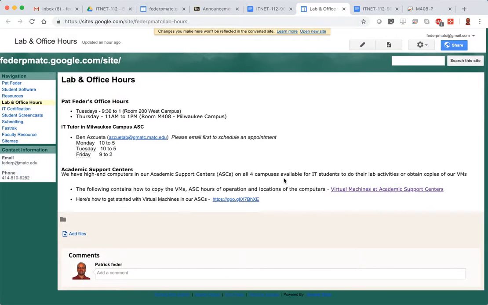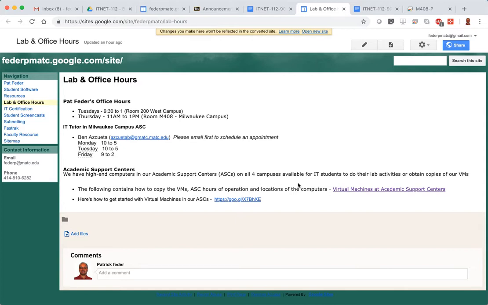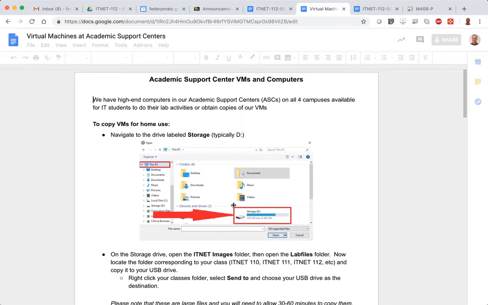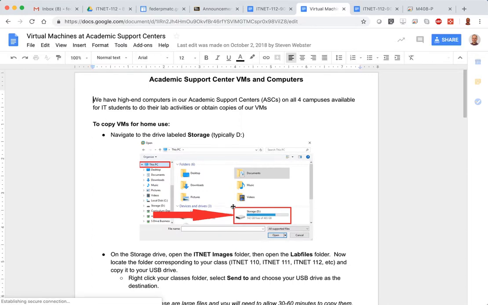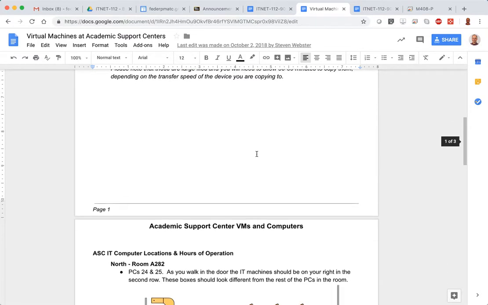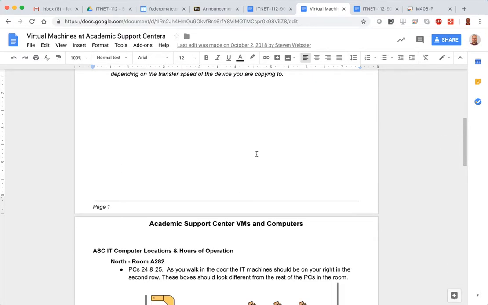This is worth looking at here. I'll talk a bit about our academic support centers and how to get our virtual machines that we will be using throughout the class. First things first, how to get the virtual machines. All this is really telling you is that, assuming you found the document that has the locations of our academic support centers, we have one on each of our 4 campuses,